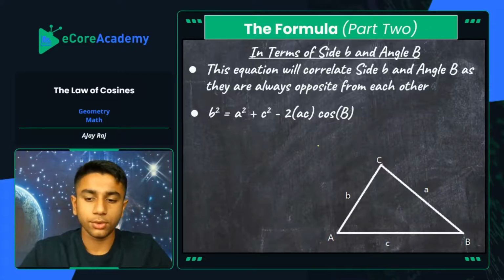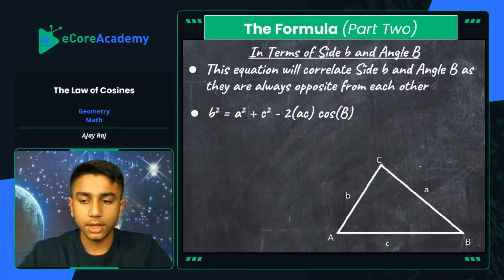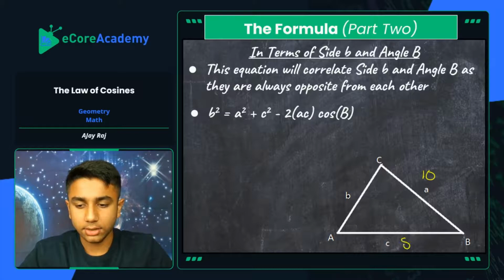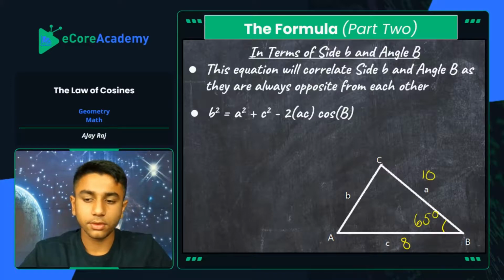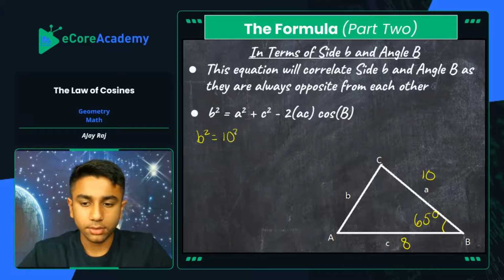So with this given triangle, let's alter the side lengths a bit. We have b squared, so we're looking for a, c, and cosine of b. So we need side a, side c, and angle b. Let's say that a is 10, our c side is 8, and our angle is about 65 degrees. So if we calculate that out, b squared equals 10 squared plus 8 squared minus 2 times AC, which is going to be 8 times 10,